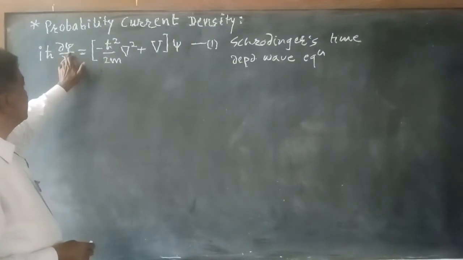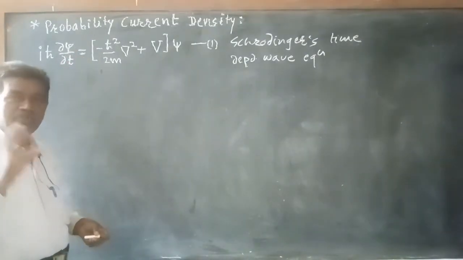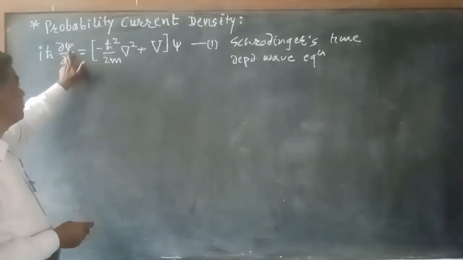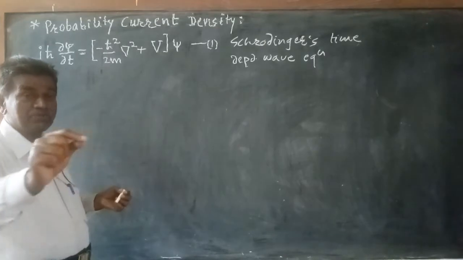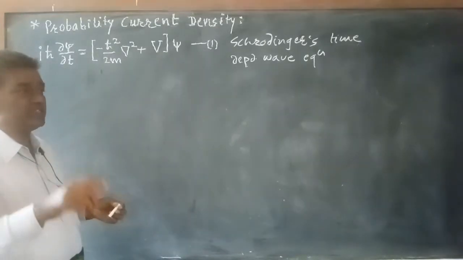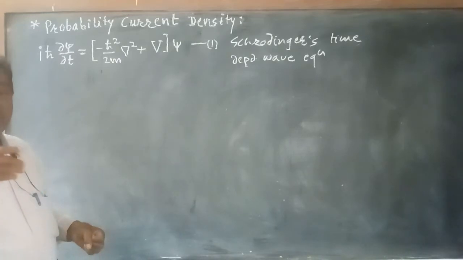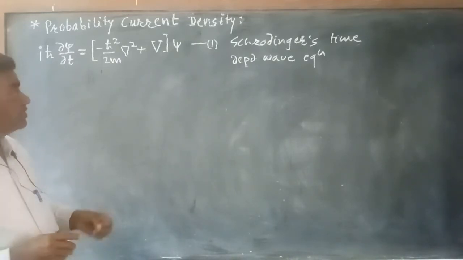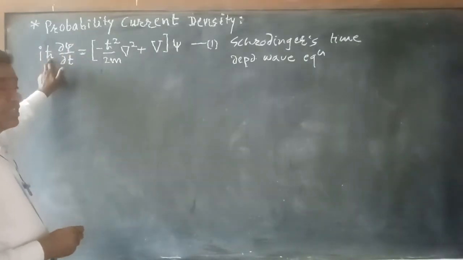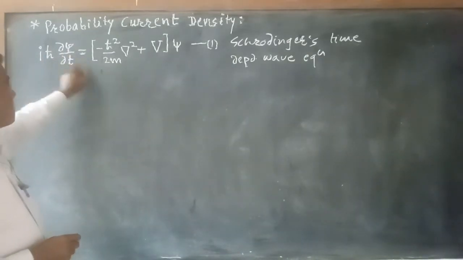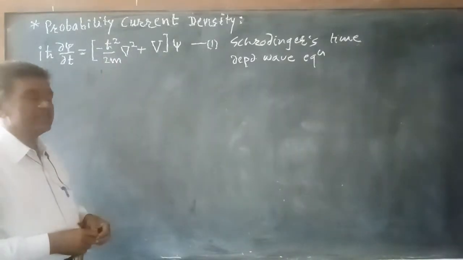In this equation, the psi is nothing but the wave function. Quantum mechanics is concerned with the quantity that we call the wave function. It is associated with the moving particle. When a particle is in motion, a wave is associated with it, and that wave is called de Broglie's wave. The quantity which describes the wave is known as the wave function. Here h cut is the reduced Planck's constant, m is the mass of the particle, and phi is nothing but the potential energy of the particle.